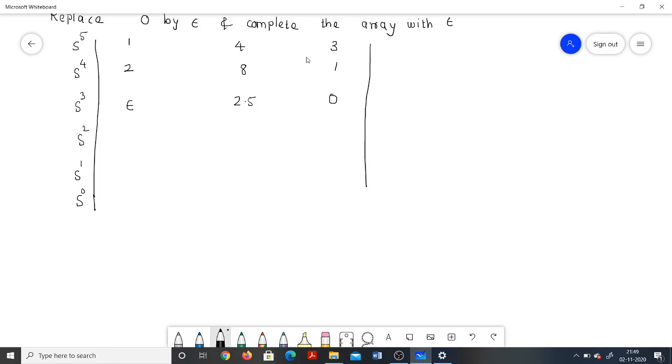It's going to be (8 into epsilon minus 2.5 into 2, which comes to 5) divided by epsilon. This will come to 1 and this is 0. Now this coefficient is going to be ((8 epsilon minus 5) divided by epsilon) into 2.5, minus epsilon, divided by (8 epsilon minus 5) divided by epsilon. I'll just shift this a little downward.